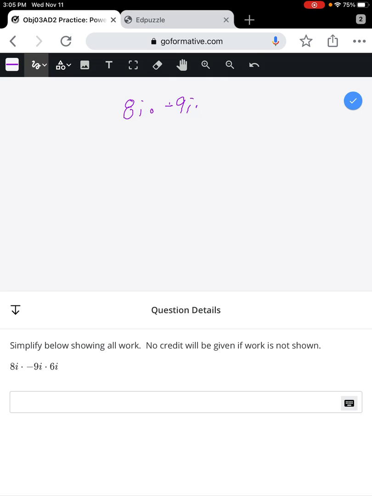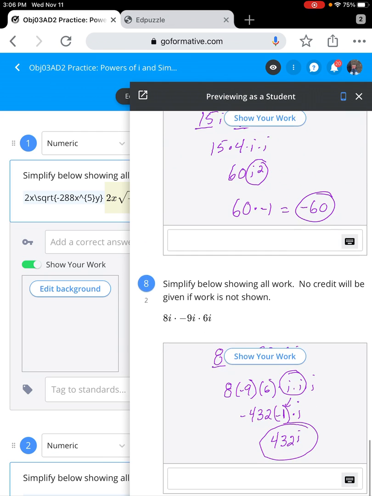Last but not least, I have an 8i, -9i, and 6i. 8 times -9 times 6 times i times i times i. Okay, 8 times -9 times 6 is -432. My i cubed, well, that's going to be my i squared, which is going to be -1 times i, and so my answer is going to be